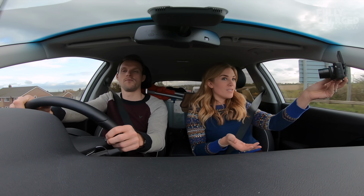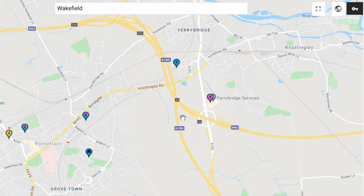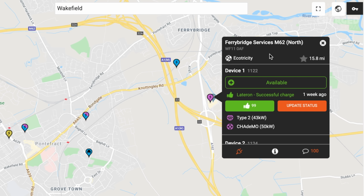So we're erring on the side of caution because this is the first time we've done it. We're about 5 minutes away, and it just struck me that I should check Zap Map again just to make sure that at least one of these chargers is working. So I'm just opening it up, and exactly the same as before, so all good. Okay. I just really hope that we get there and it's free. That's the only other thing, that if we get there and it's busy, then we might just have to charge